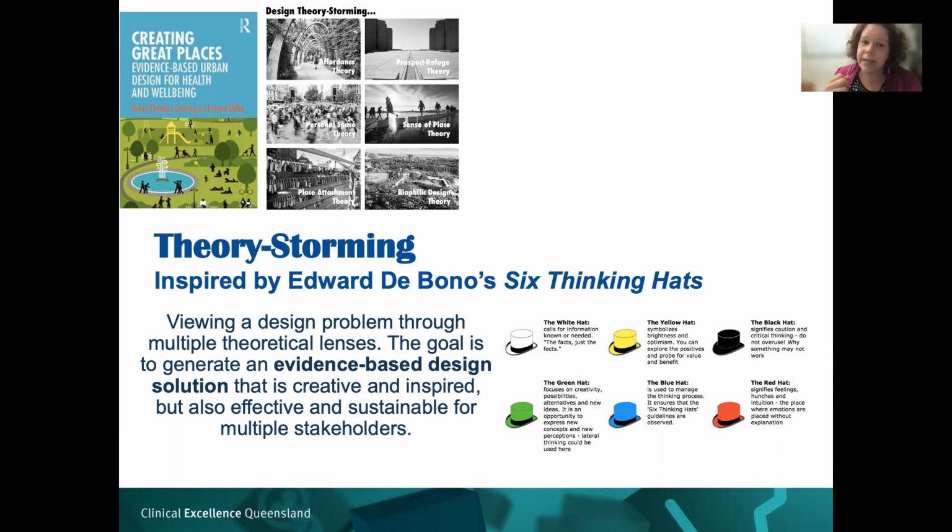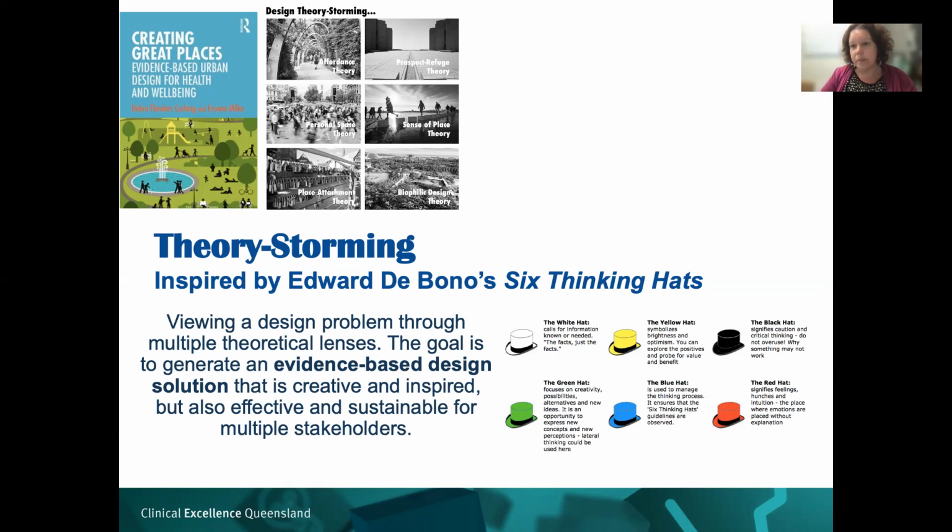And what we have said in our theory storming is that we want people to explicitly put on a hat of a different theory or a different perspective and be the voice of that theory. So for instance, you're sitting around the table, you've got 6 participants in your design thinking or co-design workshop, and you might say, right, for this aspect where we're redesigning the entrance to the hospital or how the ED works and flows,